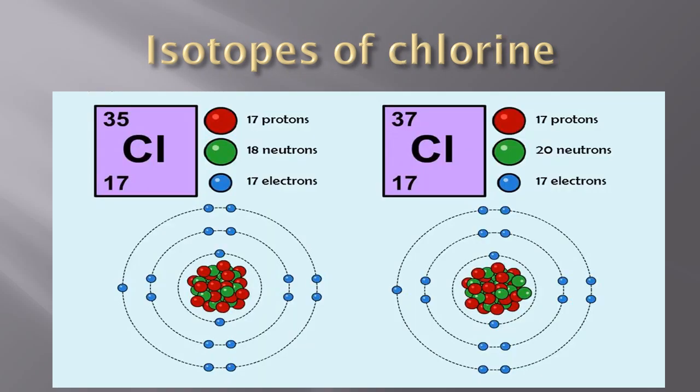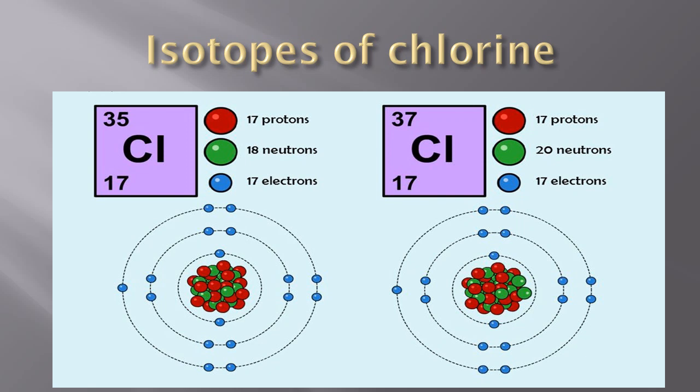Now let's see the isotopes of chlorine. Students, for chlorine there are 2 types of isotopes. First is 17 chlorine 35, and next is 17 Cl 37. For the first, it is called chlorine 35. For chlorine or Cl 35, the number of protons is 17, the number of neutrons is 18, and the electrons will be